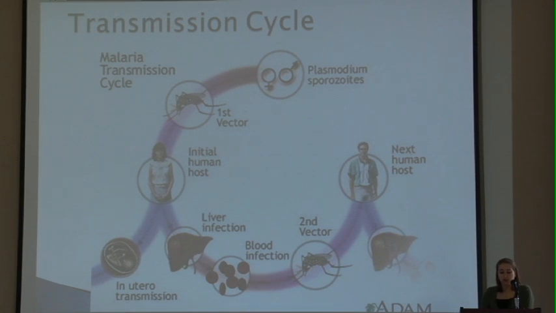So the transmission cycle begins with the parasite of the Plasmodium falciparum that mixes with the saliva of the Anopheles mosquito and is thus transmitted when it bites a human host. The parasite then invades a liver cell and grows within 6 days to produce 30 to 40,000 daughter cells that are then released into the bloodstream when the liver cell ruptures. After invading a red blood cell, the parasite grows in 48 hours and produces 8 to 24 daughter cells that are then released into the blood as the red blood cell ruptures. An unaffected mosquito then bites the infected host and can transmit the parasite to its next human host.